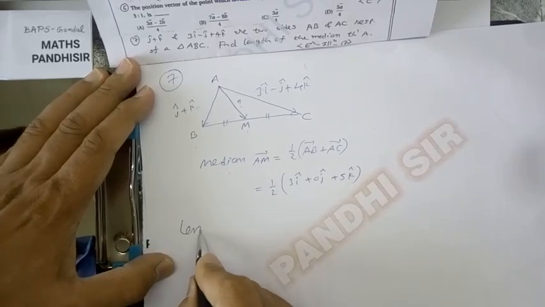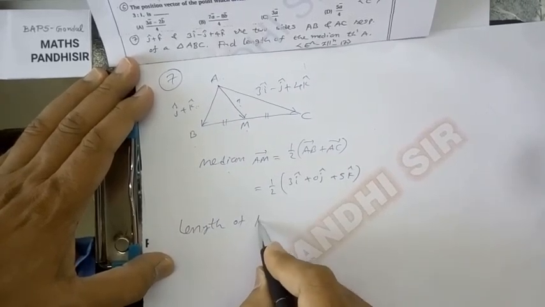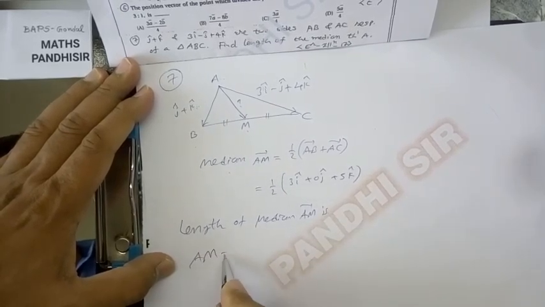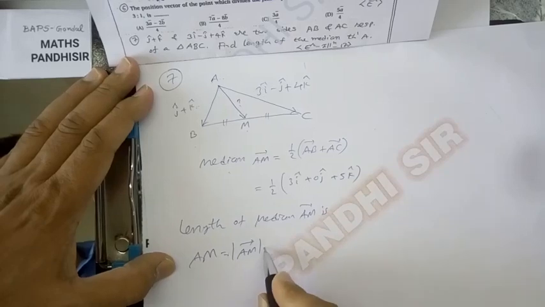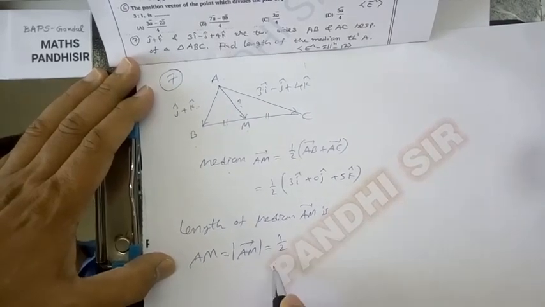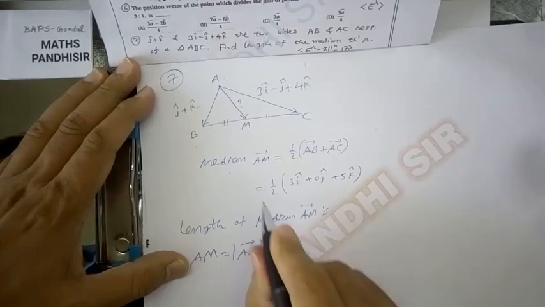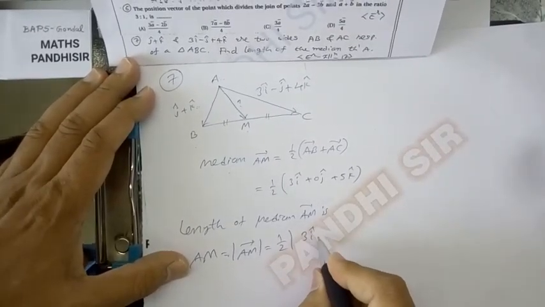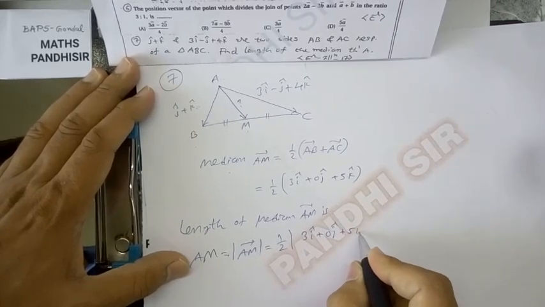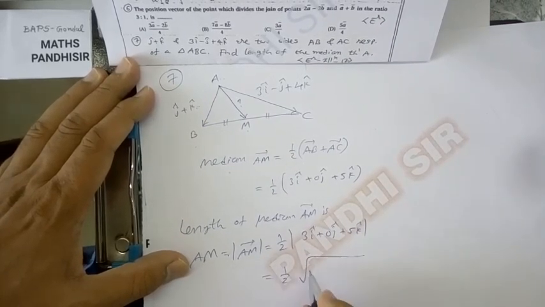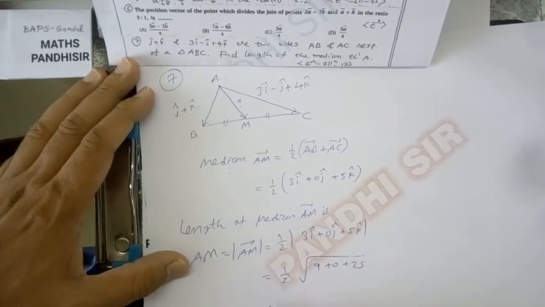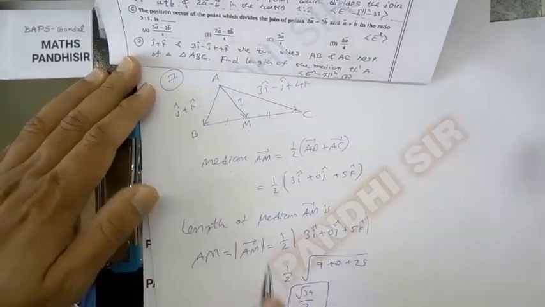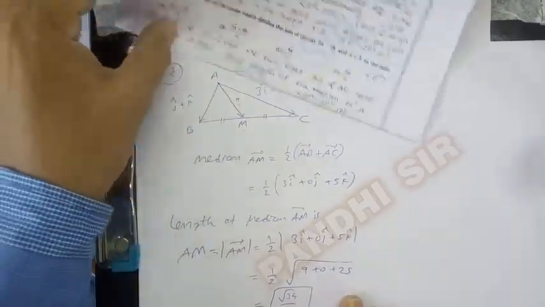और अगर इसका लेंथ इन लोगों ने पूछा है, लेंथ ऑफ मीडियन AM is nothing but magnitude of this vector। मैग्नीट्यूड लगाना है तो स्केलर तो ऐसे ही रहेगा, मैग्नीट्यूड तो इस पे ही लगेगा, पूरे पे लग रहा है लेकिन वो स्केलर बाहर आ जाता है, मैग्नीट्यूड से बाहर आ जाता है। तो ये हो गया 3i + 0j + 5k। अगर इसका आप निकालते हो तो हो गया रूट ऑफ 9 + 25 = 34, सो इट इज रूट 34/2 लेंथ ऑफ मीडियन।